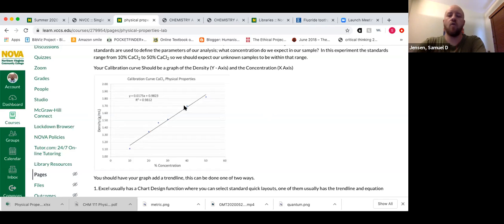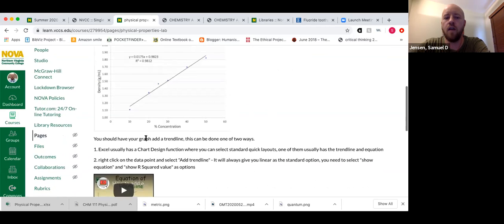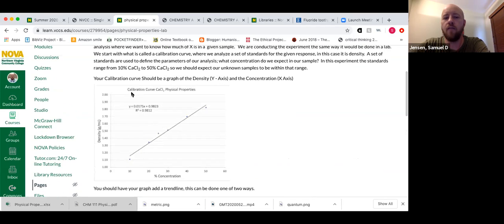And so we create a calibration curve of samples that we know what their concentrations are. Usually an instrument would create this graph on its own. It wouldn't actually create the graph, it would create the data for it, and then it gives you a trend line. You're going to see what this looks like in a minute. In Excel, we would do a trend line, and it would give you the equation